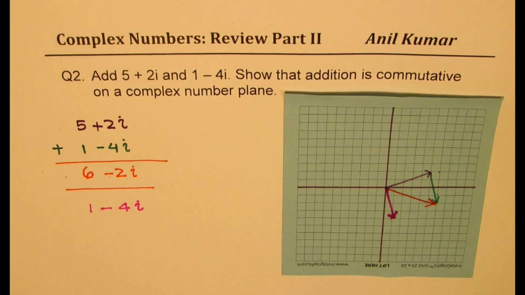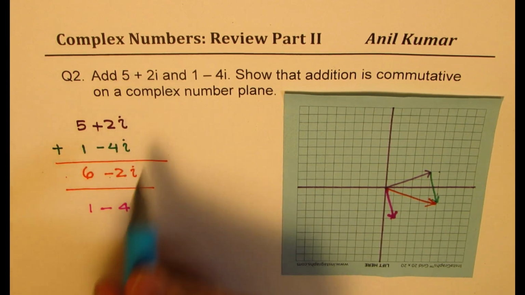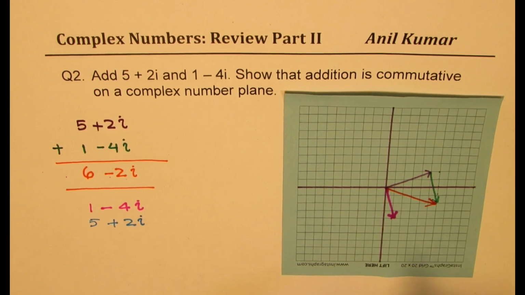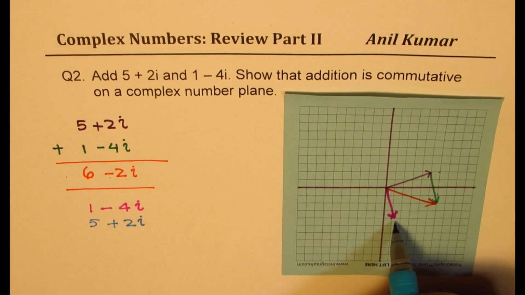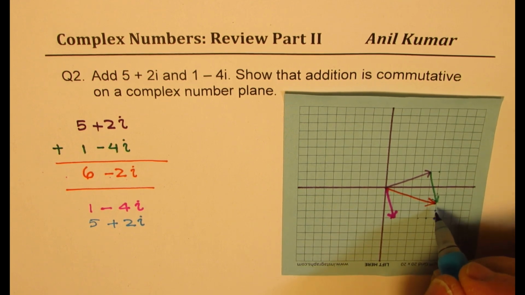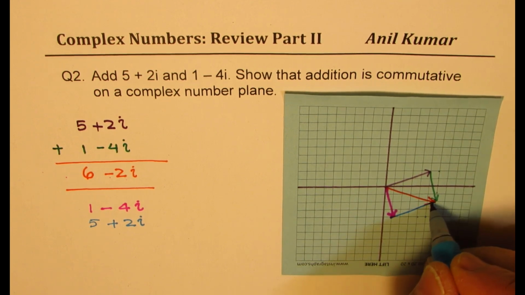Now here, we are going to add 5 plus 2i. So starting from the head, we can go 5 units to the right, 1, 2, 3, 4, 5, and 2 up, 1, 2. So you see you reach the same spot,